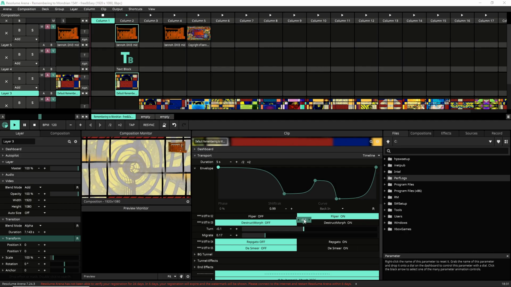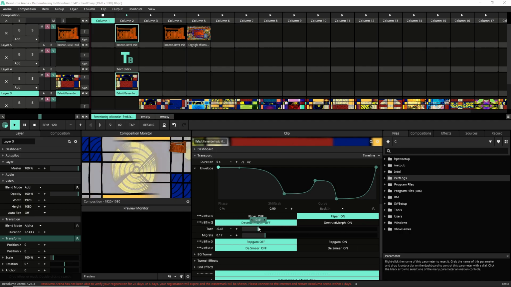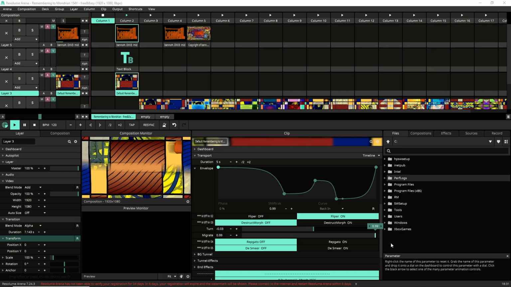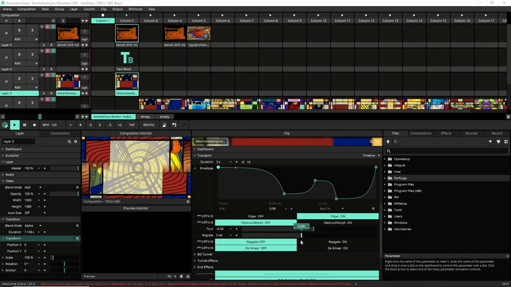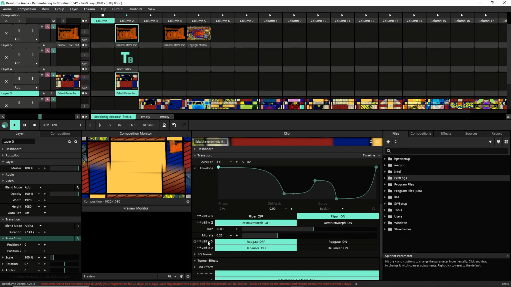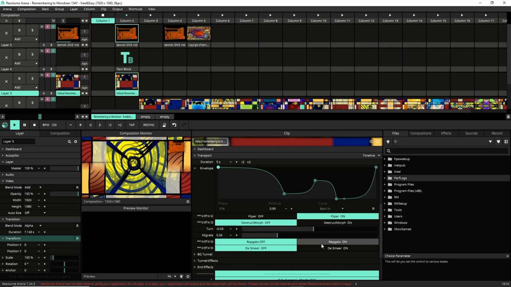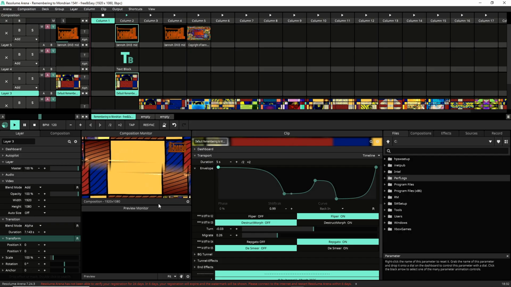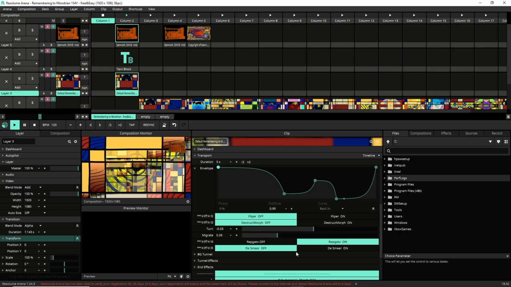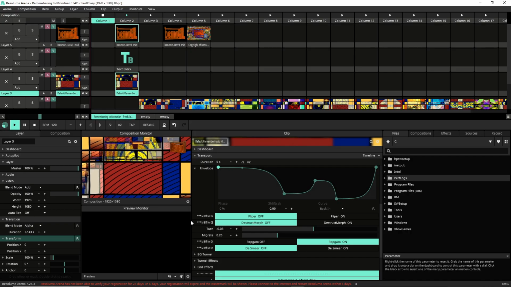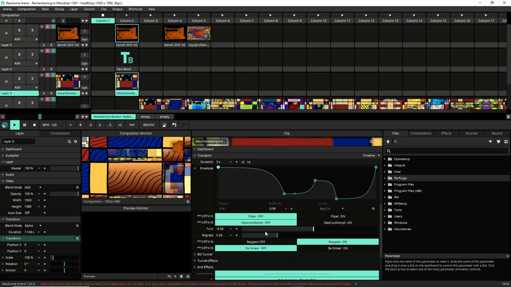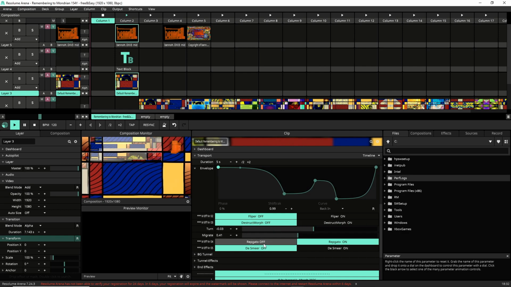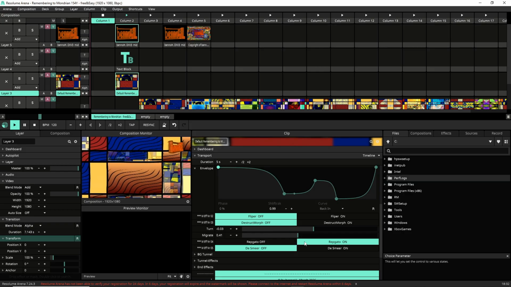Also here you can make a little bit of animation with that, or you can put the migration. Okay, then when I turn it up, the next effect is the